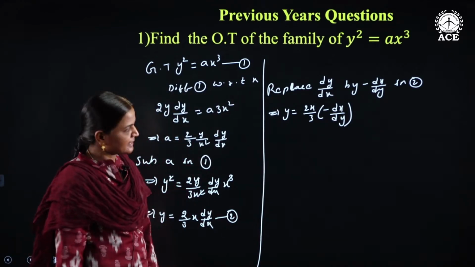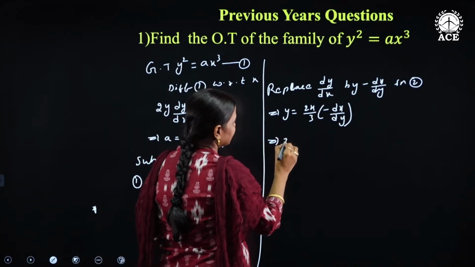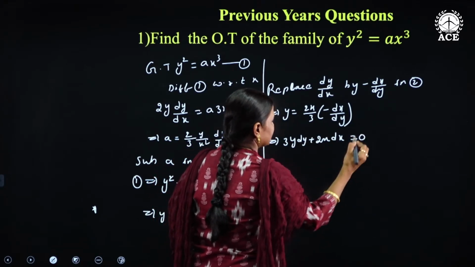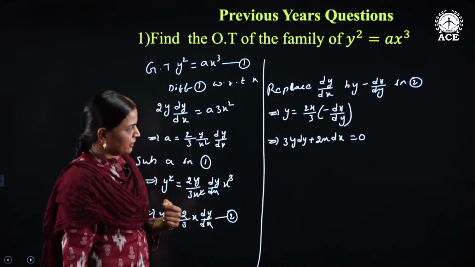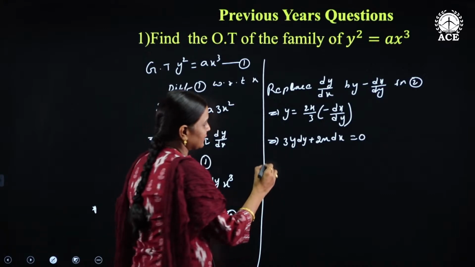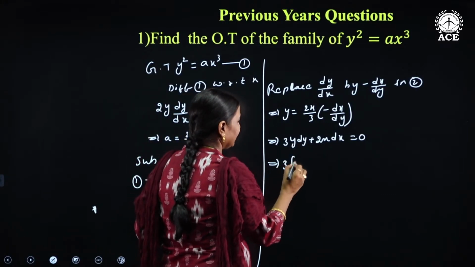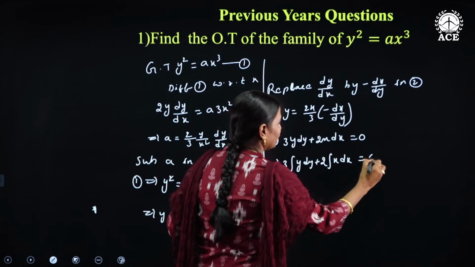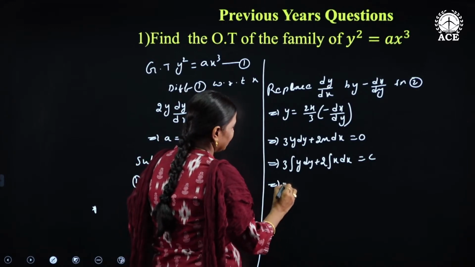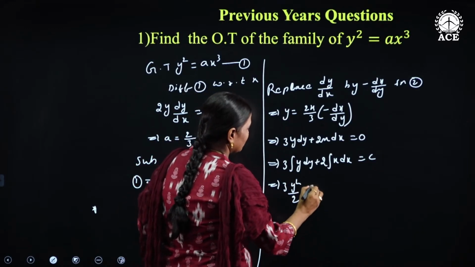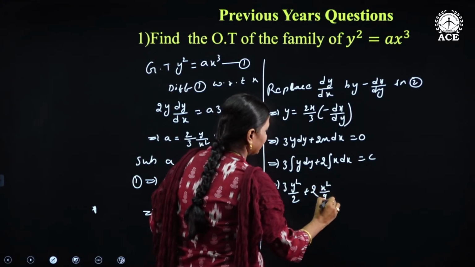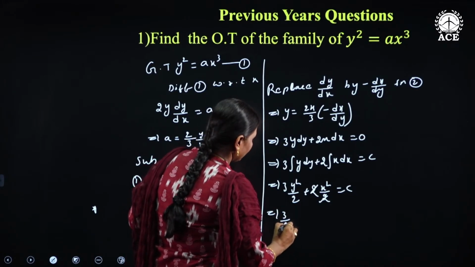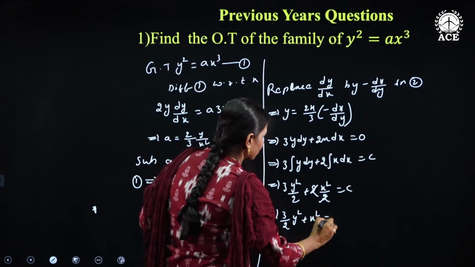Now here the variables are in separable form. Separate the variables, so that is 3y dy plus 2x dx is equal to 0. We need the equation, so that's why we take integration on both sides. So 3 into the integration of y dy plus 2 into the integration of x dx is equal to c. And what is the integration of y? y square by 2, plus 2 into the integration of x, which is x square by 2, is equal to c. If we cancel these two, that implies 3 by 2 into y square plus x square equal to c,